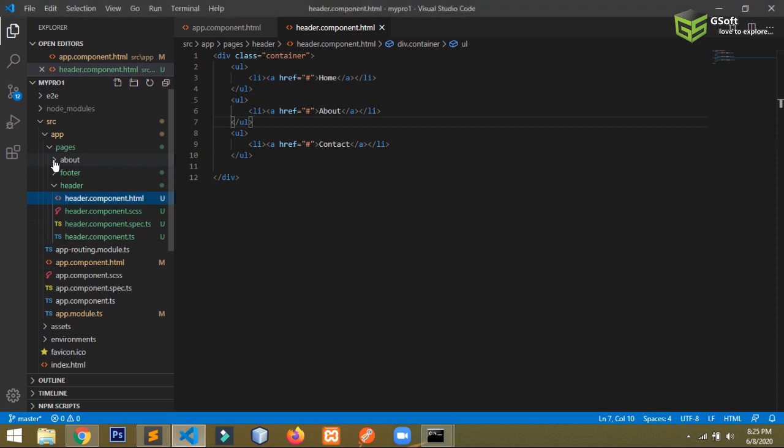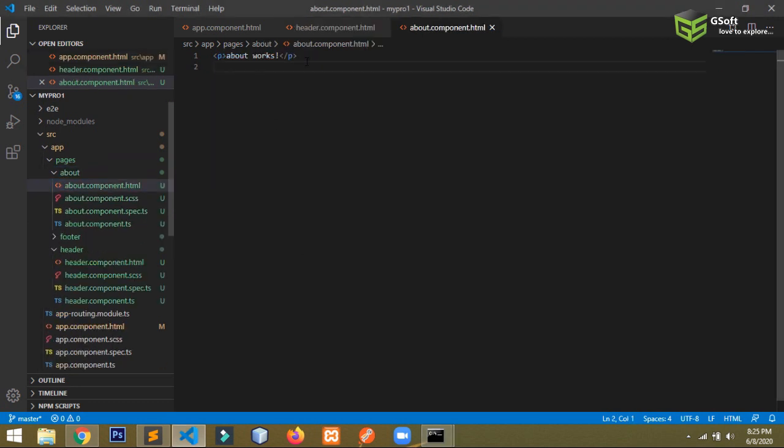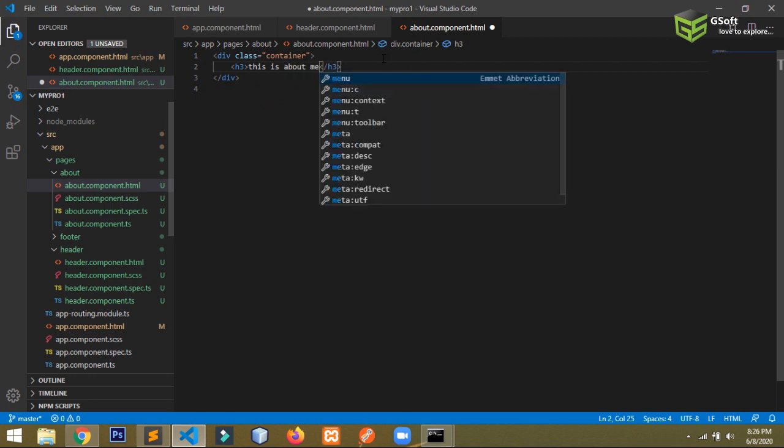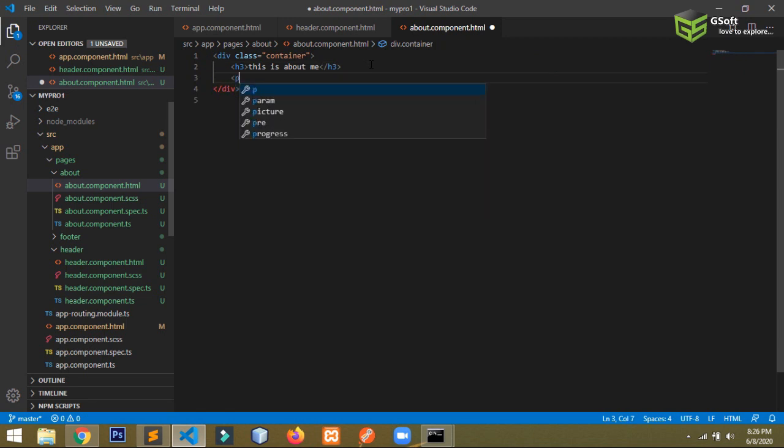So the about component has been created, and inside this I will create a division with class container, and inside it I will just write an h3, This is about me, and below that I will use a paragraph tag.